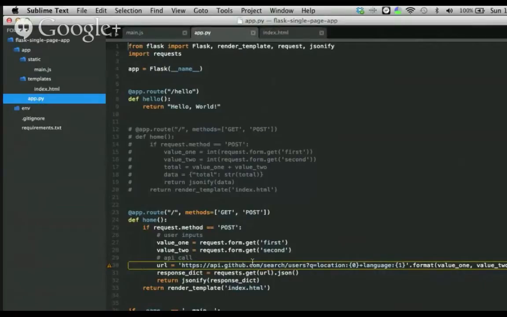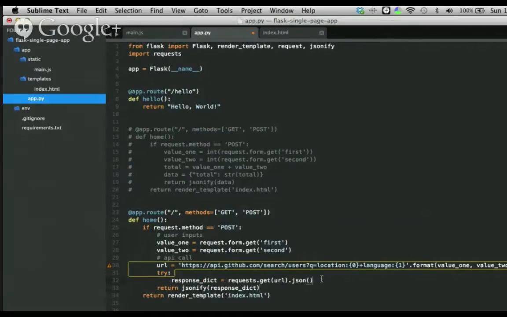And so one way to simulate this would be to just turn off your Wi-Fi, turn off your internet access, and see what happens when you make that API call. And I imagine this line here is going to fail. I'm not sure what it's going to return. But again, you can test this out to see what exactly happens. And then you can use a try except block. So you probably want to do a try here,